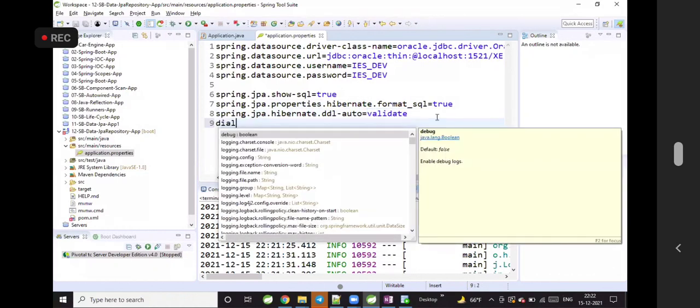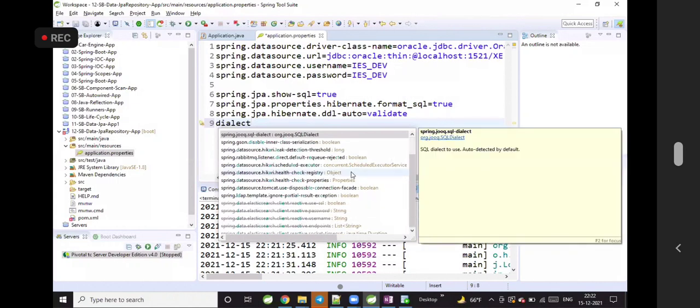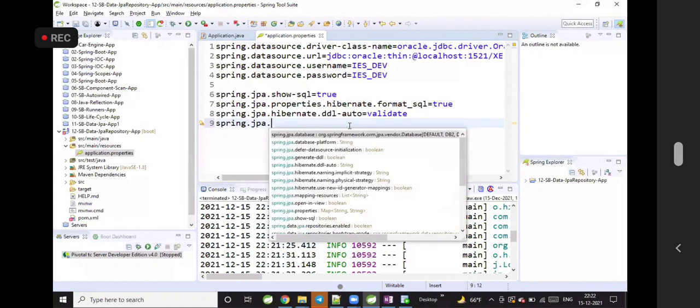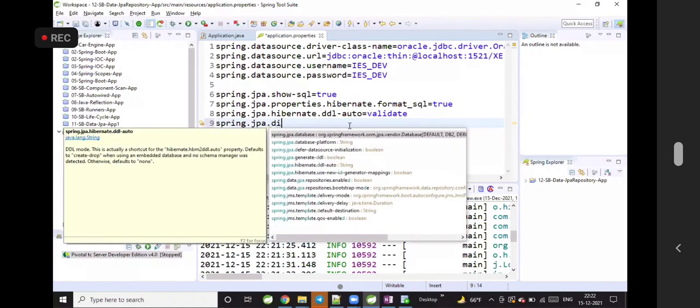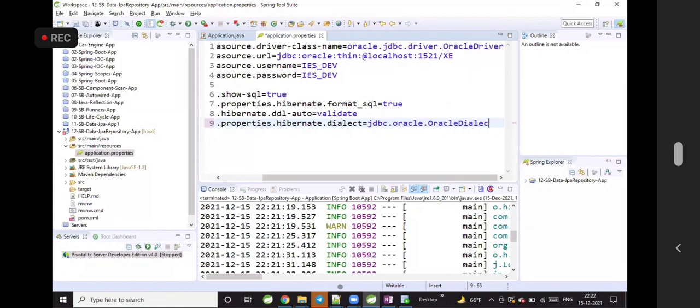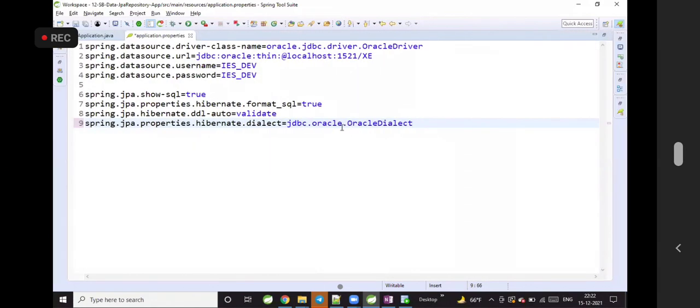Similarly, here we have the dialect, spring.jpa.properties.hibernate.dialect. Here we need to configure the dialect property. I will set the Oracle dialect, which means I want to use an Oracle dialect class.